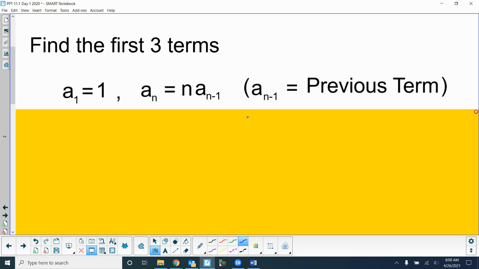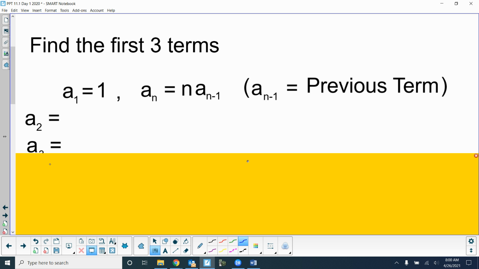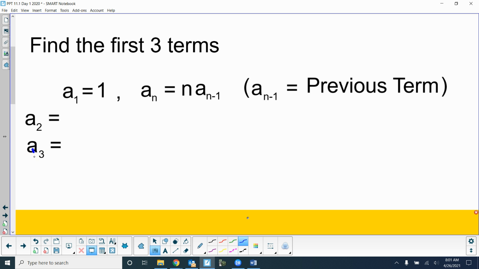The nth term equals n times the previous term. You see that n minus 1? So when I want to find the second term, okay,